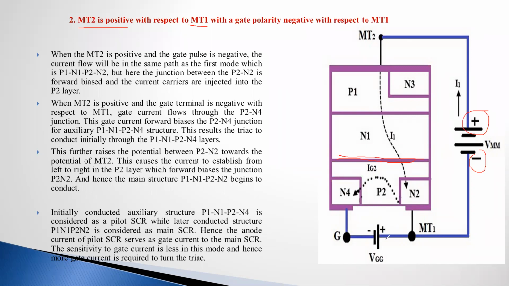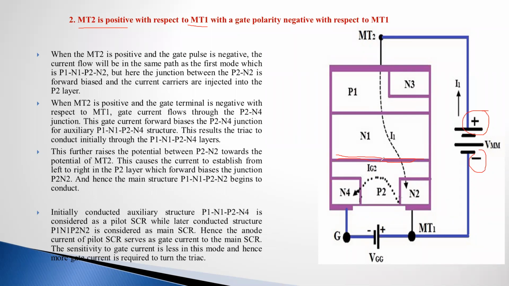Clear? The battery terminals are connected like this. So the current is flowing through this one: positive terminal of the gate supply through MT1, P2, N4 and the negative terminal of the gate supply. Here, we are injecting the current carriers in this way into the inner P layer, and by increasing these current carriers, or the current density, in the